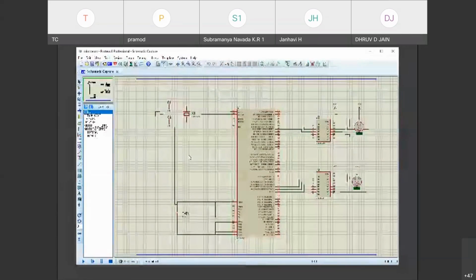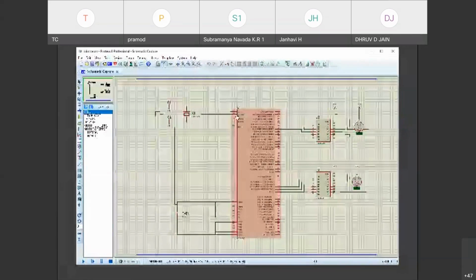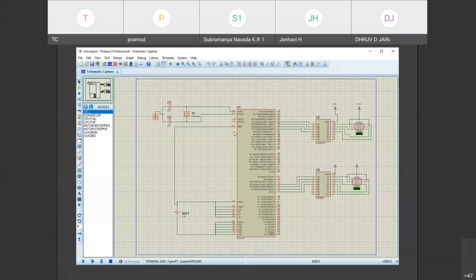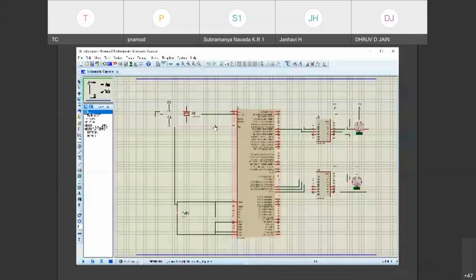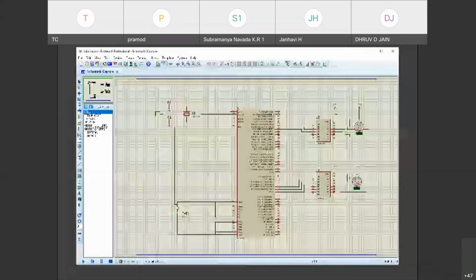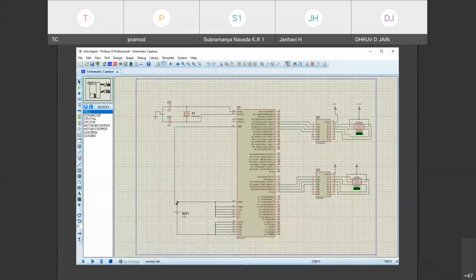I have taken all the same components as you did previously. On the left side nothing is changed. Xtal1, Xtal2 are connected to the crystal, and the crystal is connected to C1, C2, 22 picofarad, grounded. RST should be connected to high through some resistor, and through some switch to ground. But what I did is connect the reset pin directly to high; that can also be done. Directly one line I take and connect it to high. Battery is 3.3 V. All the above pins I connected to high, and all the below I connected to ground. The left side configuration is the same as what we did earlier.